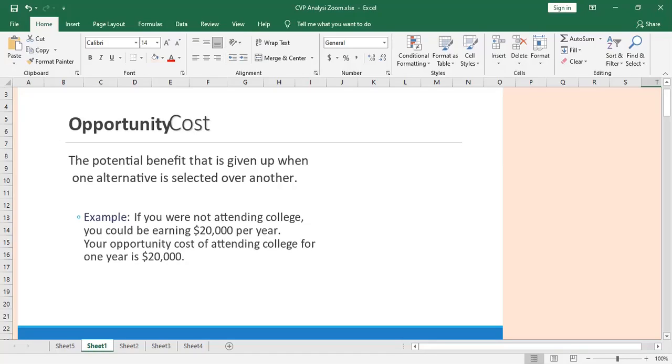Therefore, we always consider this opportunity cost when we are looking at cost analysis, right? So that is opportunity cost. I hope that you all have a good sense of opportunity cost. People who have done commerce probably have come across these concepts very well. Even other people, I think these terms are quite common these days. So most of us know what we mean by opportunity cost. The name itself gives you the idea: the cost of sacrificing one opportunity because of going for another opportunity. That is opportunity cost.